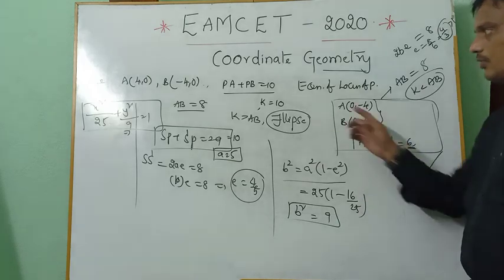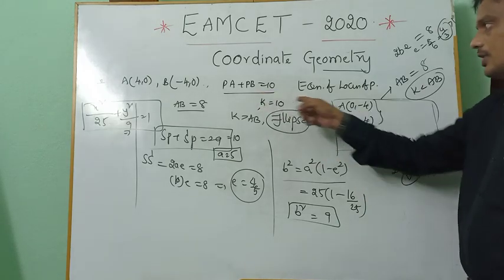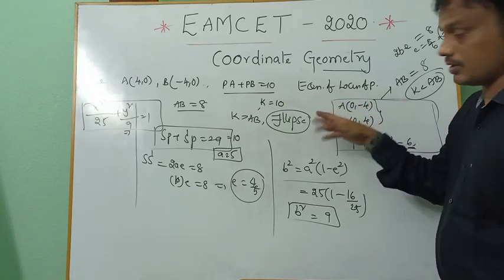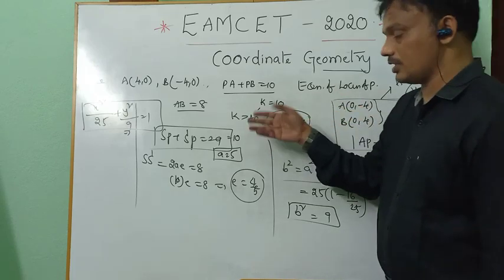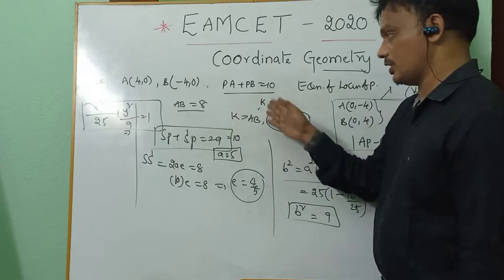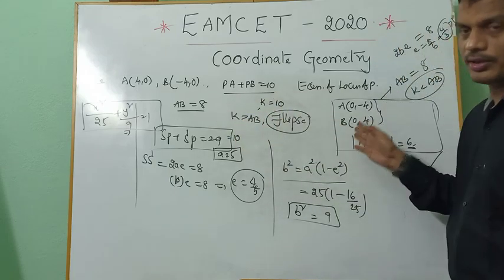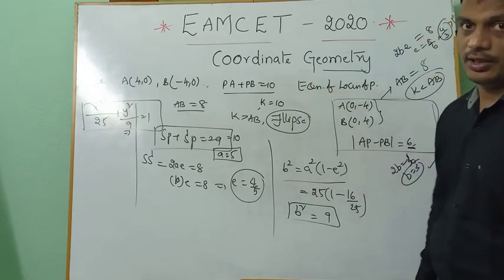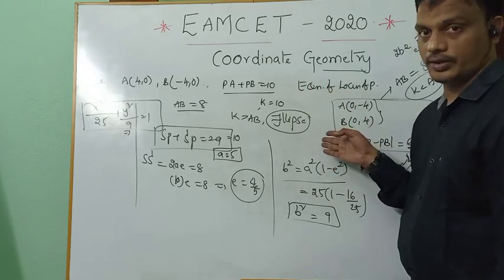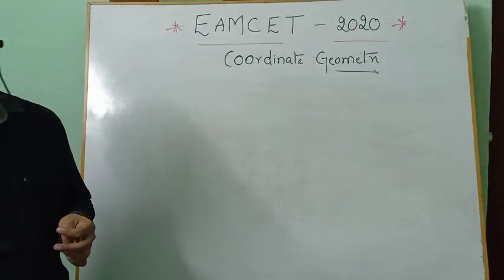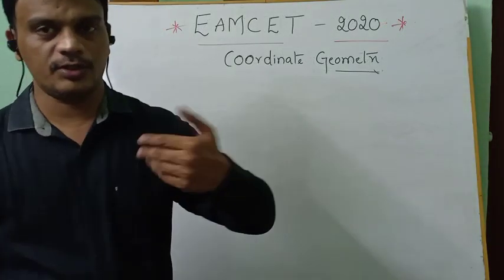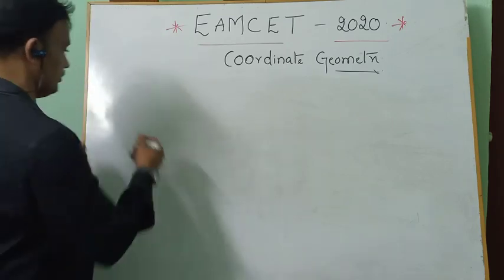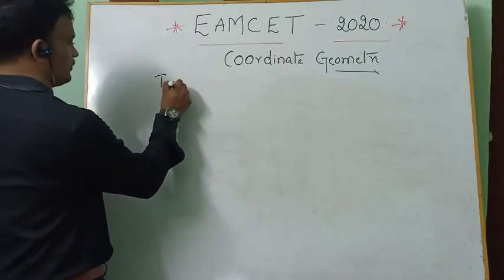Okay, yes, come on, please focus that when these types of conditions are given, what is the locus, what is the equation of the locus, that is based on the condition. Just now I explained about the condition for ellipse and for hyperbola. Please focus on these concepts, especially the locus concept. Okay, come on, make it. So that is about the locus, and the remaining concepts you can revise. Yeah, and coming to the transformation of axes.